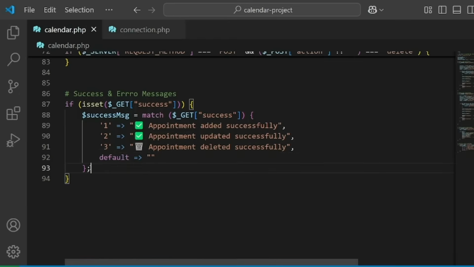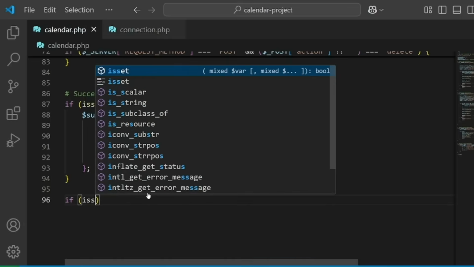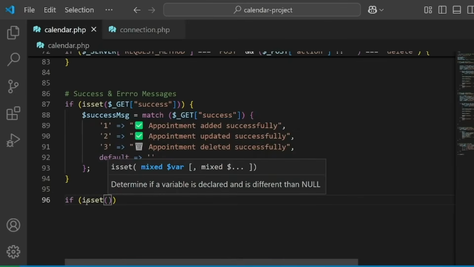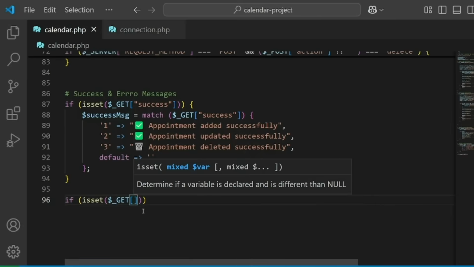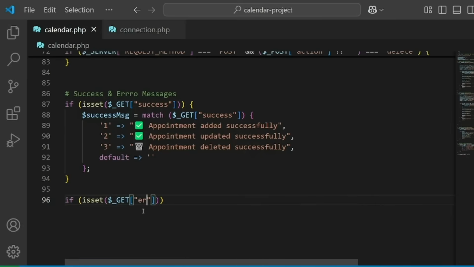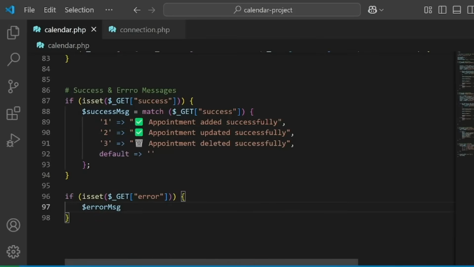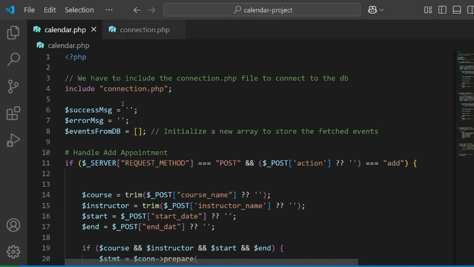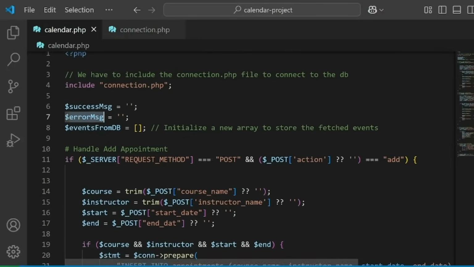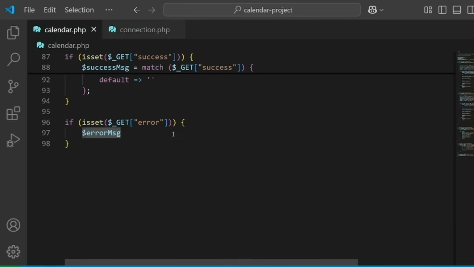Then we will put in here semicolon. You can make it single quotation marks. And then if is set, also we will use the isSet function. IsSet the variable get, the magical variable get, and then choose the error parameter or error attribute. We will set the error message variable that we have declared at the top of the file, error message, to be equal or to equal